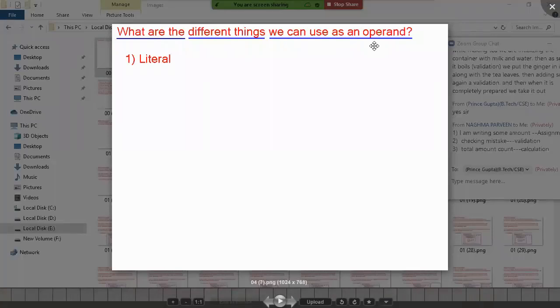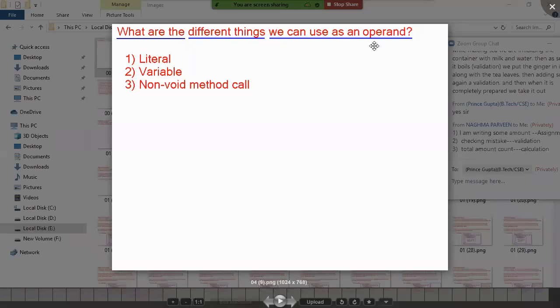Next, where can we have the value? We can have a value inside a variable, right? What else? You remember, we can return a value from a method. I can call a method to get a value. The method which is returning the value is called a non-void method. You can also use a non-void method call as an operand.